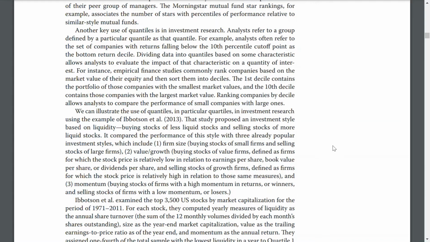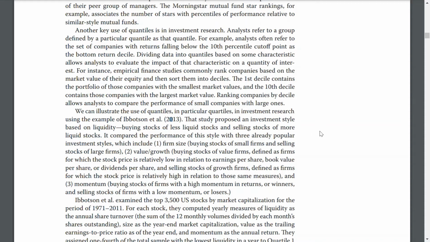We could illustrate the use of quantiles, in particular quartiles. This is kind of confusing, quantiles and quartiles look so similar. So we could illustrate the use of quantiles, in particular quartiles, in investment research using the example of Ibbotson et